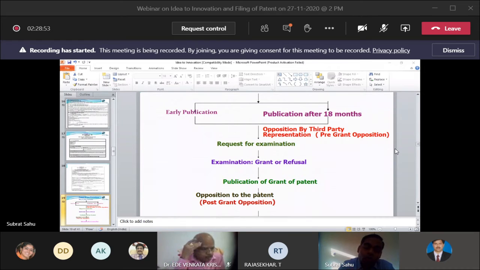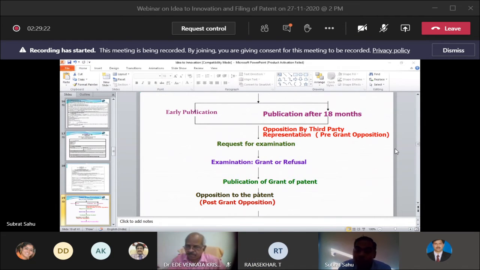So what you will do, you just give a representation by filing form 7A to the Indian Patent Office. On that side, we will formulate a committee and verify everything. If that idea is yours, then those people who have taken the idea from you will not get the patent. And what is the plus point of that particular idea? That particular filing now proceeds onwards in your name.